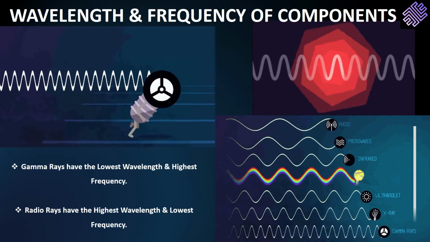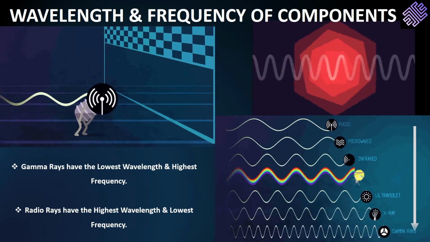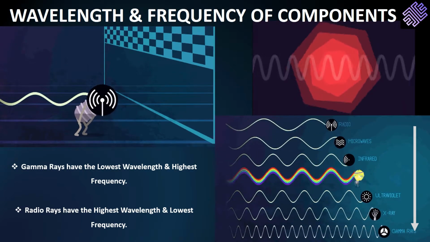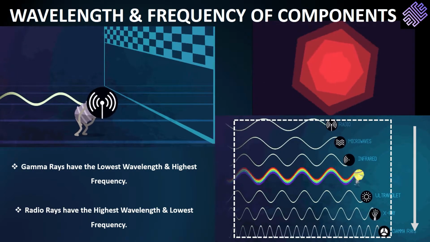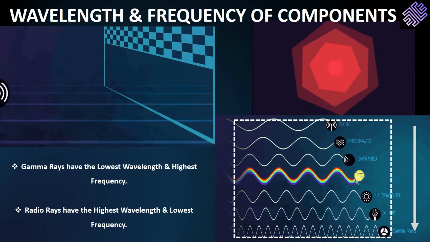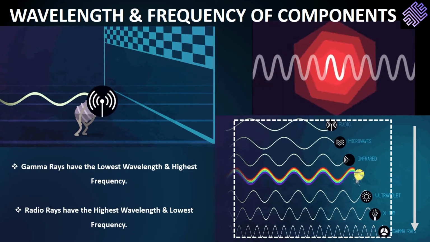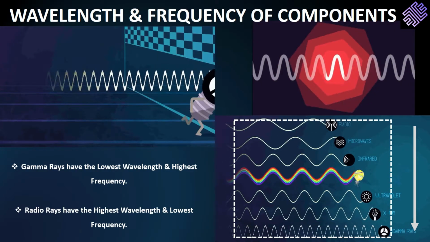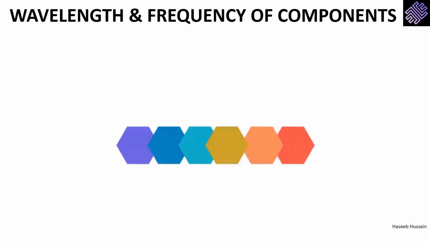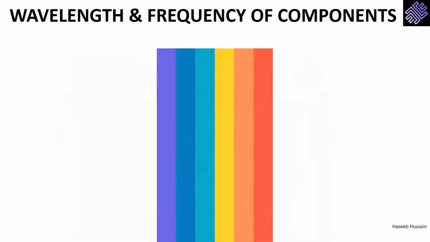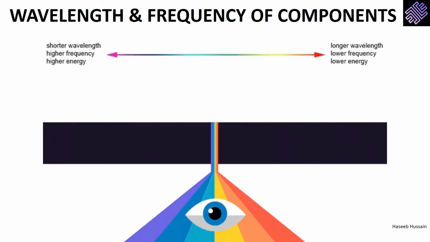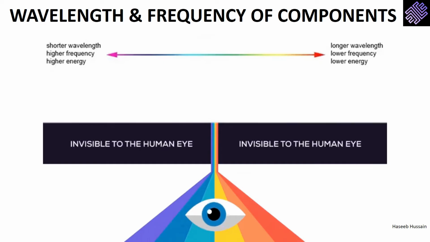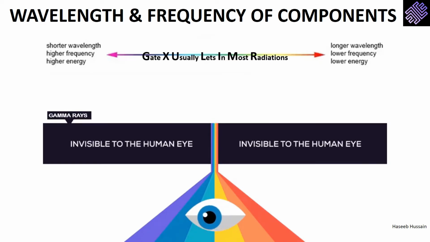I hope you remember the inverse connection between wavelength and frequency we discussed in the previous session. So as we move from radio to gamma rays, the wavelength starts to decrease while the frequency of waves increases. This is shown in the image below because as we move down, the waves are much closer to each other than before. We know that visible light forms only a tiny part of the electromagnetic spectrum. The order of the spectrum is important because it arranges them in accordance with the frequency and wavelength of that particular wave. Highest and lowest energy waves are at the extremes.